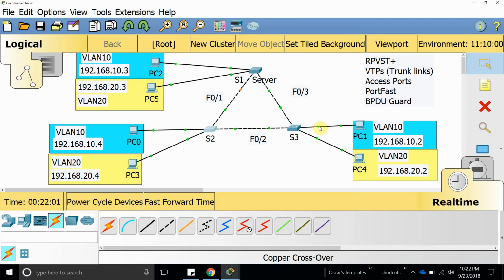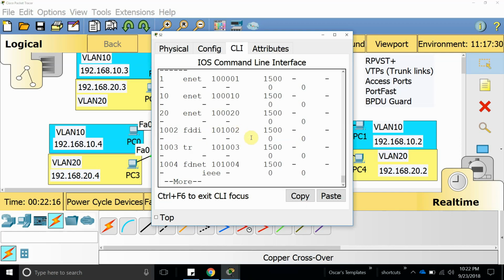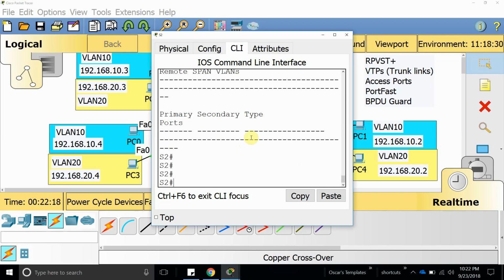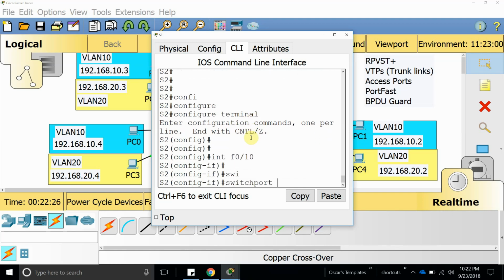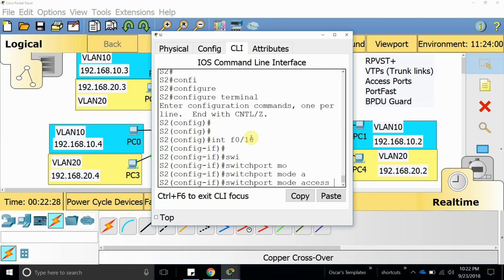So let's go ahead and configure those access ports. And this one is, I believe, G0/20 and 10 because of VLAN 20 and 10. That's how I configure all of them. This is VLAN 10 and VLAN 20, and same as for those two. So let's go ahead and start on switch 2: config terminal, interface FastEthernet 0/10, switchport mode access,